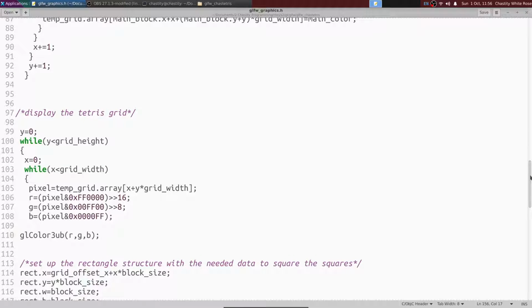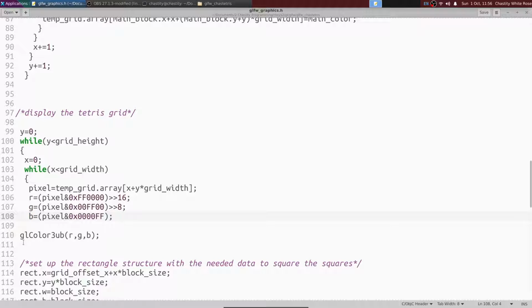It gets the pixel, which is the color. It's basically a 24-bit color in a 32-bit integer. So it gets that value at that element of the grid array, and then it extracts the red component, the green component, and the blue component. That's what it does, and then it calls this function